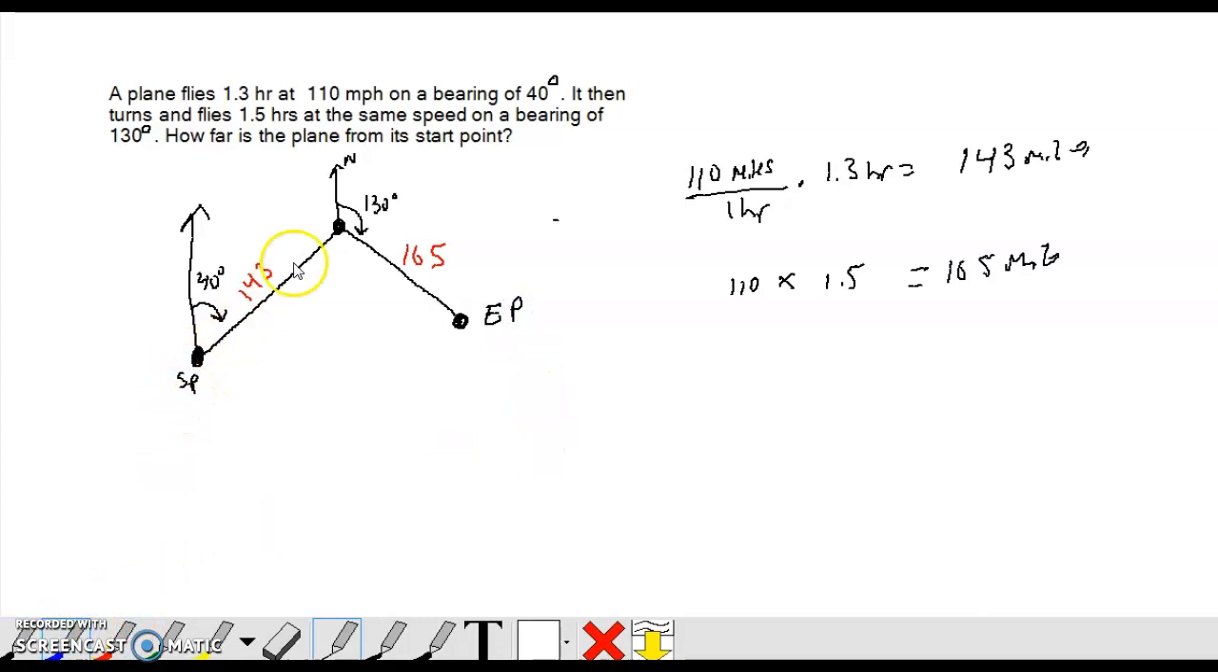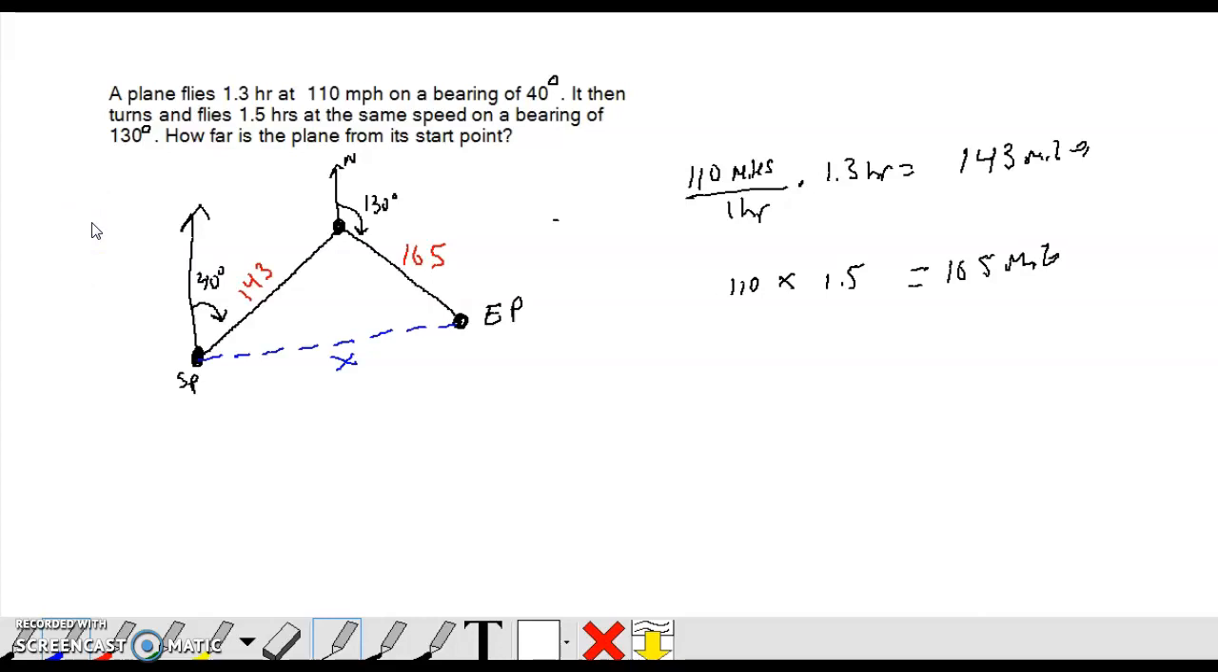And so now what I want to know is I want to find out how far the plane is from the starting point. So I want to know this guy right here. So in order to do this, I need to figure out some stuff, okay? All right, so one of the first things I need to figure out is I need to make sure that this is a